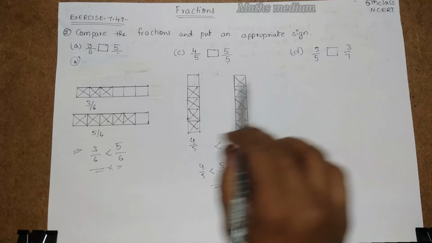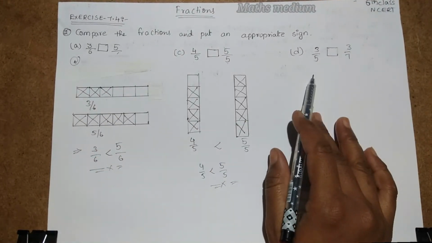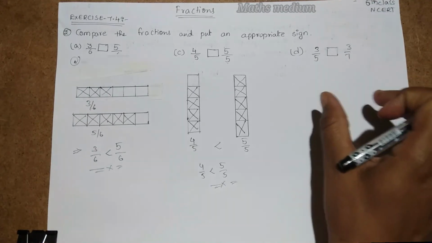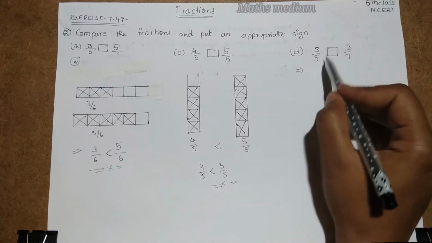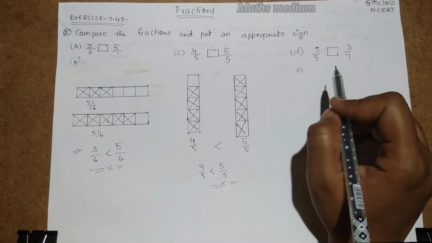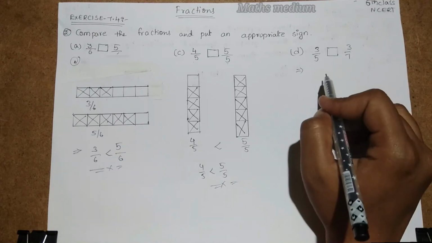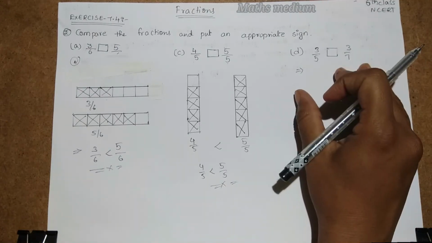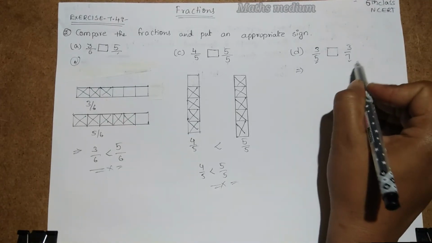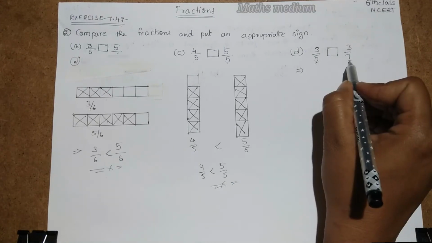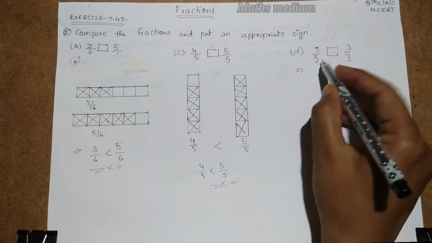Similarly, see here, the earlier ones were like fractions, and then we got the answer easily. Now it is unlike fractions. Then how will we get the answer? If we compare, the numerators are same, right? But it is unlike fractions. If you make these fractions into like fractions, then we will get a better understanding and a more exact answer. So this denominator is 5 and this denominator is 7. If you make these two denominators equal, that means like fractions, then we will be able to